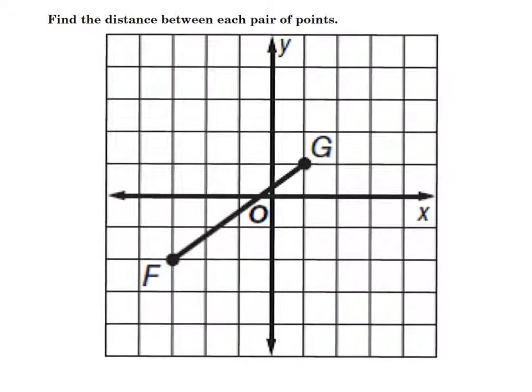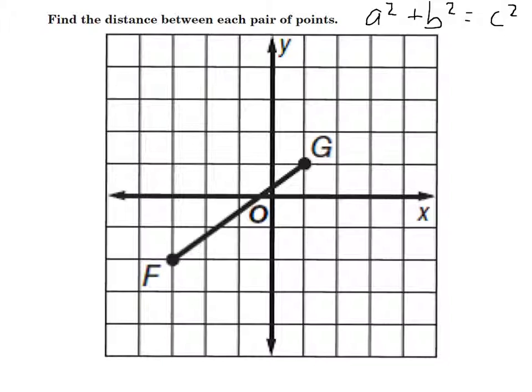To find the distance between a pair of points on a coordinate plane, you first need to create a right triangle. Because you need to calculate the vertical and the horizontal distance between the points, and then use the Pythagorean theorem, which is a squared plus b squared equals c squared. That should look familiar to everybody. This is the Pythagorean theorem,